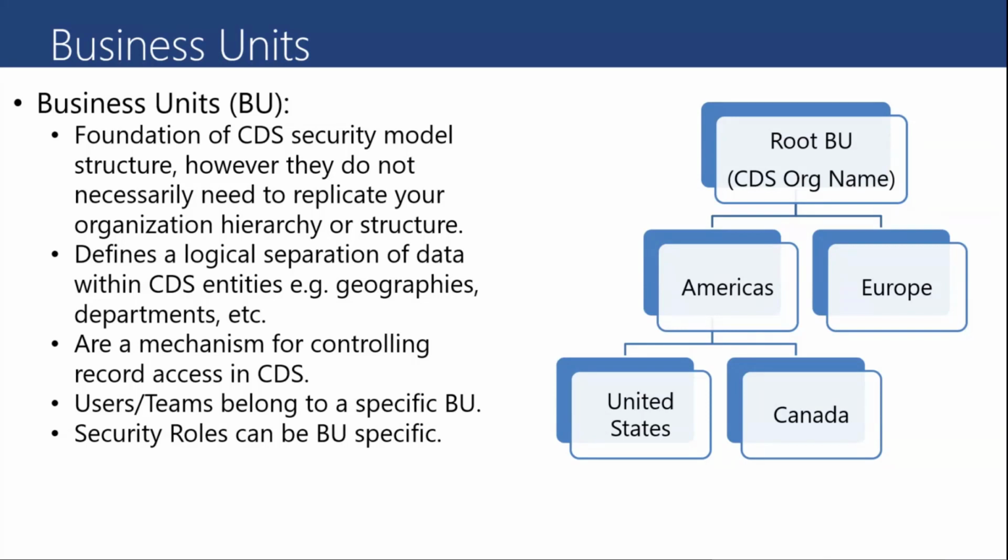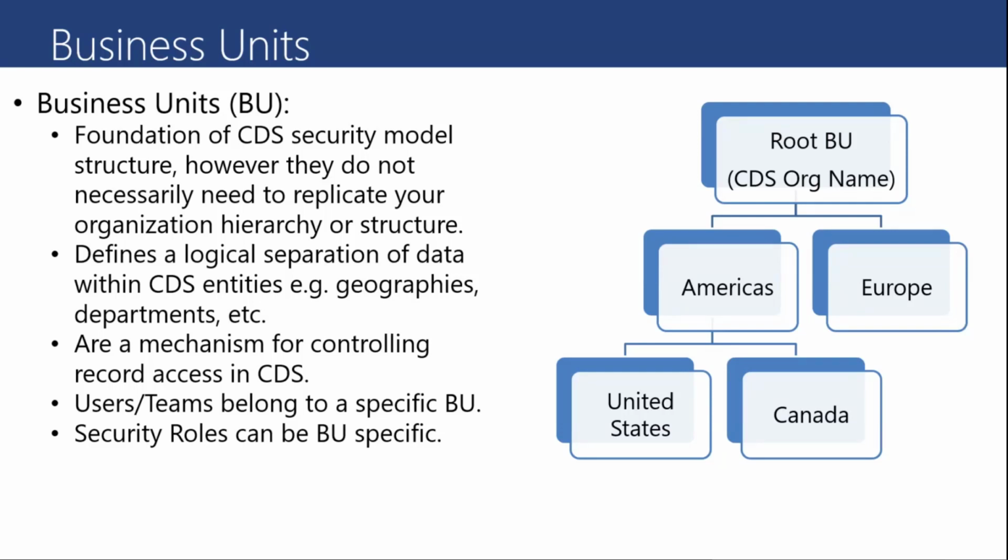Like, for example, every CDS organization will always have a root business unit. But after that, if you want to have an entity like compliance and you want to segment the data, so that only Americas people in Americas BUs, like the leadership team, should have access to the countries within Americas, and Europe should have access to the European data, then you would structure it that way. If you want to do it based on departments, you could do it based on departments. So it just depends on how your requirements are around data